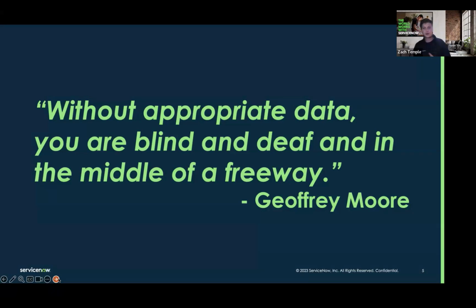But first, I want to start with a quote from Jeffrey Moore. It was really at the center of thinking about Instance Observer and what it means for our customers. You know, without appropriate data, you are blind and deaf and in the middle of a freeway. So what we're going to show you today is a ton of telemetry around your instance performance, and hopefully give you insights and guidance on how to effectively address issues when they arise on the platform and be proactive